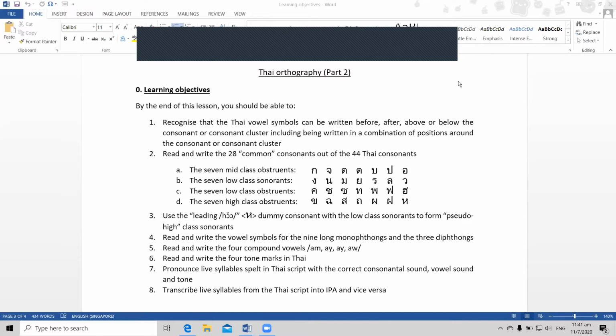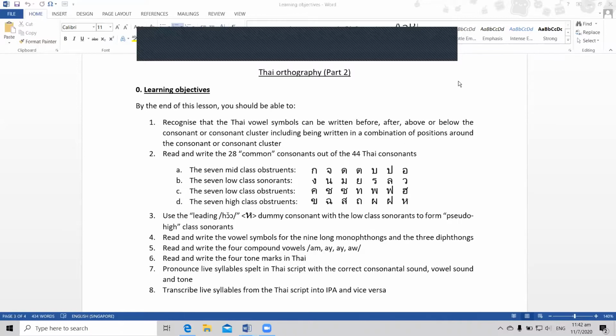In this lecture, we will be continuing our learning of the Thai consonants, but now we'll start to write actual Thai script. Okay, let us look at the learning objectives. By the end of this lesson, you should be able to recognize that the Thai vowel symbols can be written before, after, above, or below the consonant or consonant cluster, including being written in a combination of positions around the consonant or consonant cluster. You should be able to read and write the 28 common consonants out of the 44